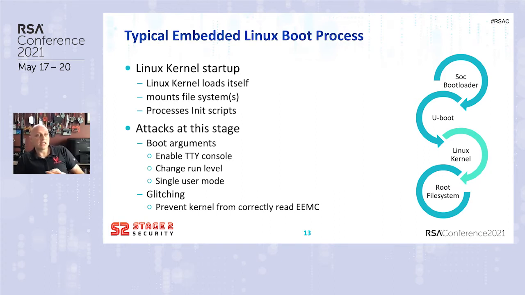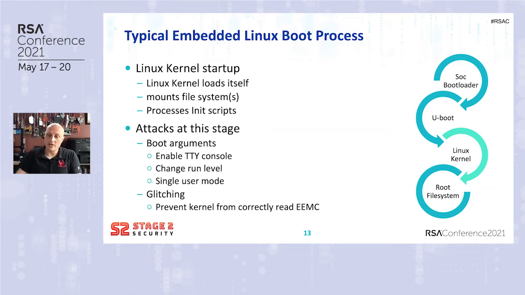If you're not familiar, glitching is where you attack some of the exposed data lines on the PCB. So for example, the Linux kernel's running on the embedded chip system, but the ext file system's on that external eMMC chip, right? So if you tied the I/O line between the processor and the eMMC chip to ground, then when the kernel tries to load or mount the external file system, it's going to fail because it can't read that chip. And then your hope here is that the kernel will go into a safe mode, right? It'll say, oh, I can't mount the root file system, and just drop you to a prompt and say, what do you want to do now?